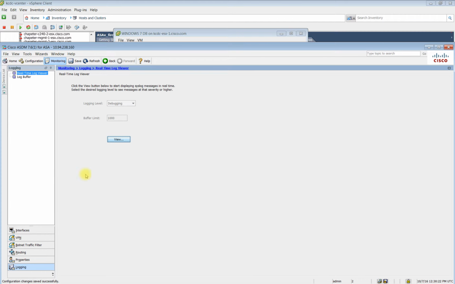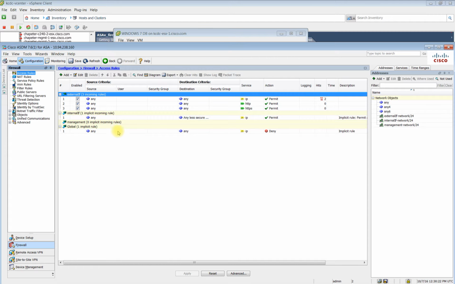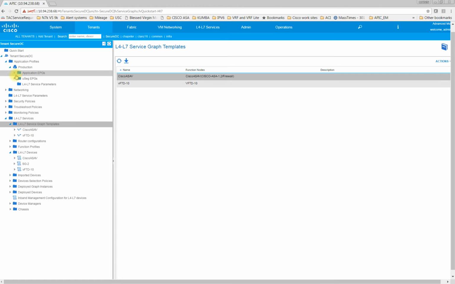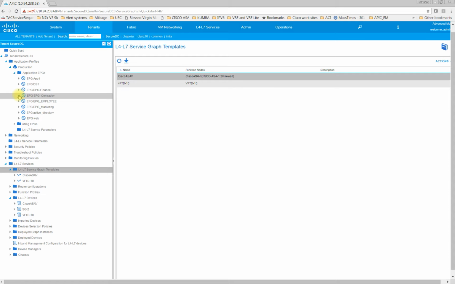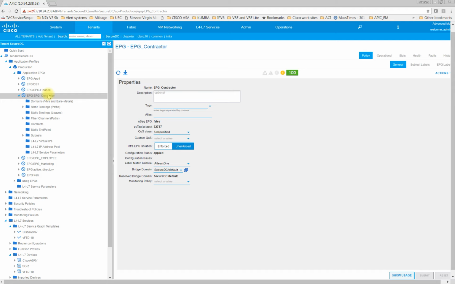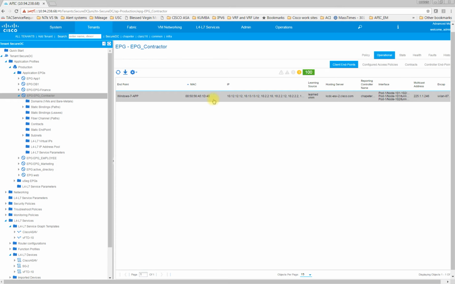So there you have it. We've configured ASAv. We've got the hit counter now showing us that we're getting hits on this access list. So we know everything's working and everything's going through our ASA between those two EPGs. So let's go back to our APIC controller real quick. Now let's look at our EPGs. If you look at our EPGs here, I've got contractor, and I'll highlight contractor here. Contractor, go to operational,